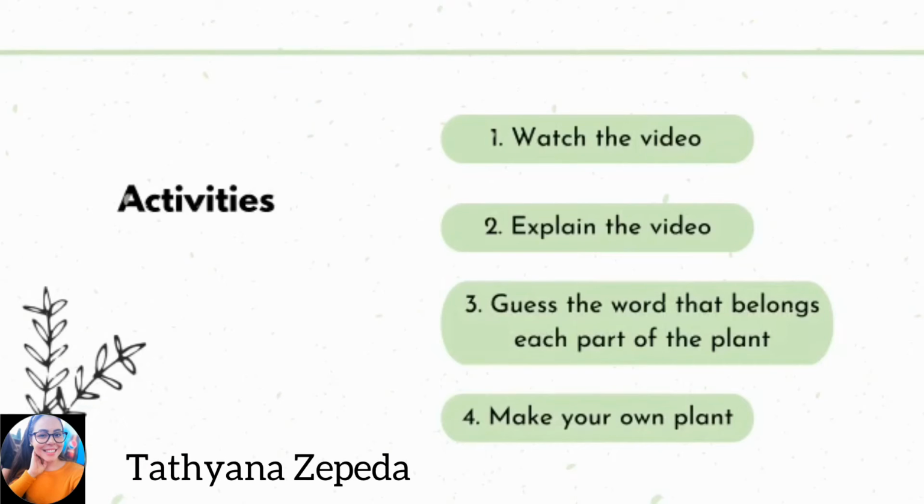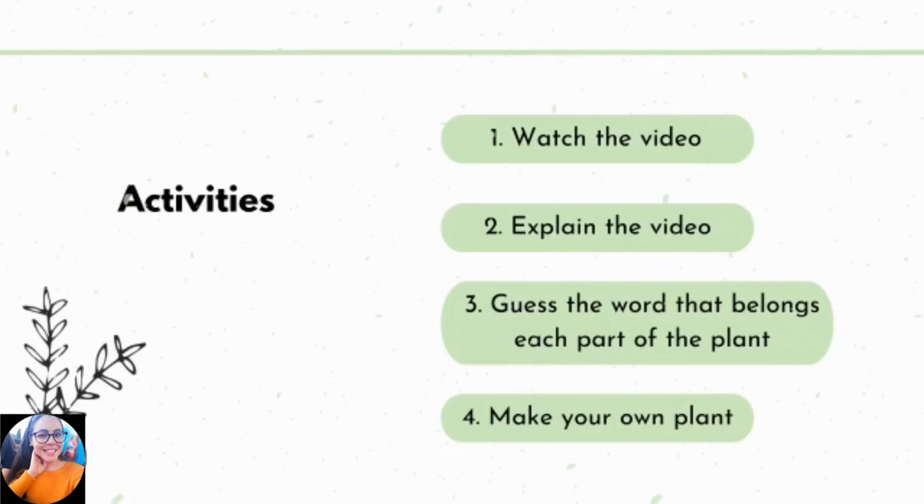Now we have the activities. The first activity that takes place during the class is that the teacher plays the video to the children so that they can hear how the words are pronounced, which are the parts of the plant, and become familiar with the topic. The second activity, the teacher begins to ask some questions about the video in order for them to learn